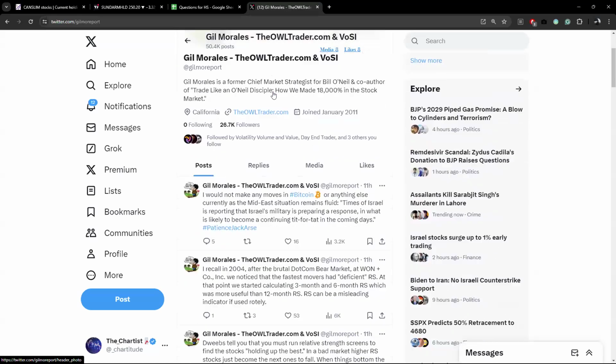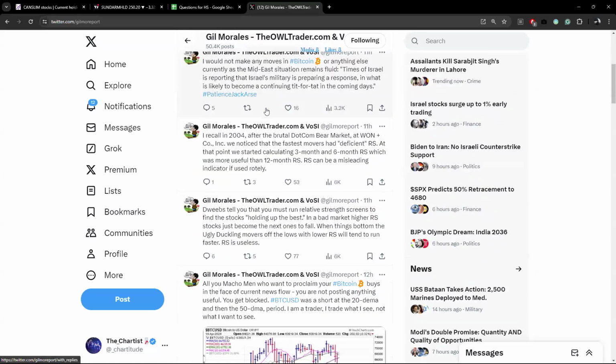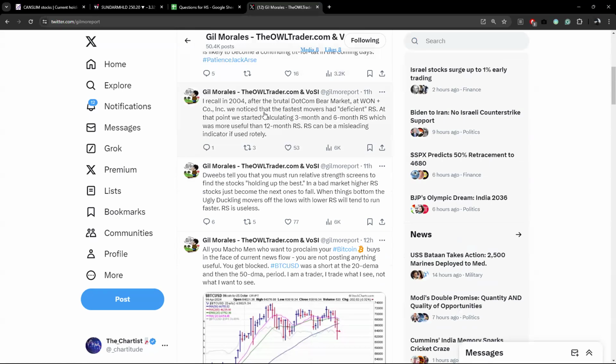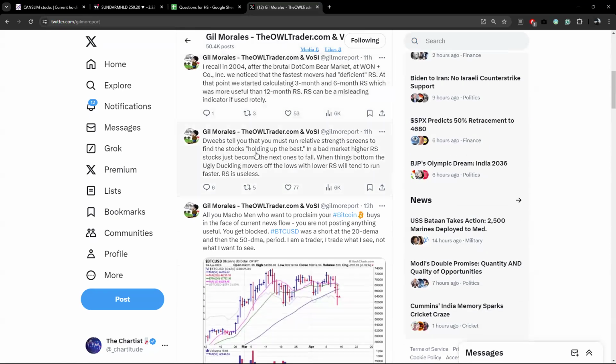So he tweeted a good concept. This one. It tells you that you must run RS screens to find the stocks holding up the best? In a bad market, higher RS stocks just become the next ones to fall. When things bottom, the ones with lower RS will tend to run faster. I mean, I don't agree completely, but what I mean here is that